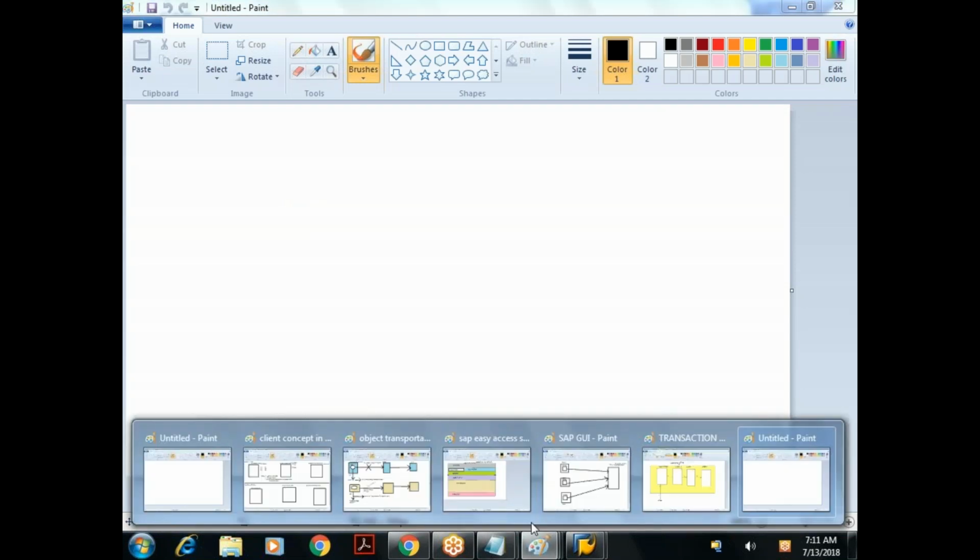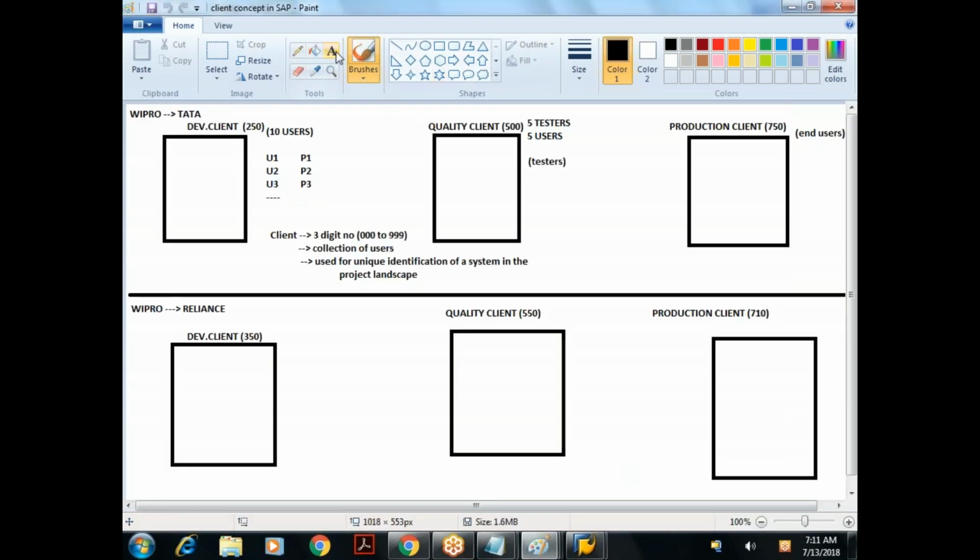Just try to understand. Assume that you're working for some company, Wipro, and Wipro is implementing SAP for which customer? Tata. So for Wipro the customer is Tata. So in the Tata project, what is the landscape followed? Development client, quality client, and production client. So what the basis consultant, the administrator, will do is at the beginning of the project implementation